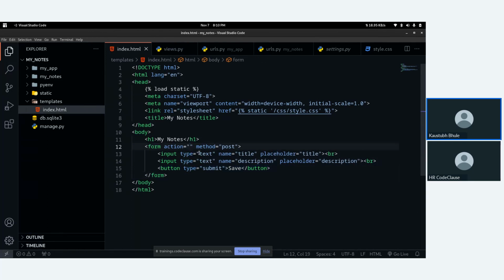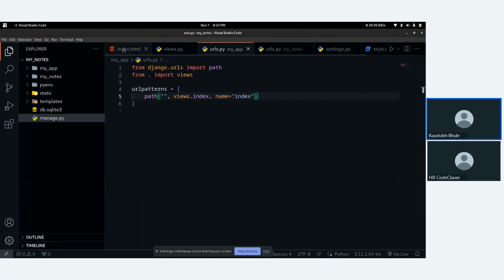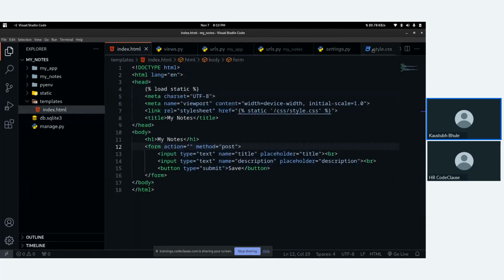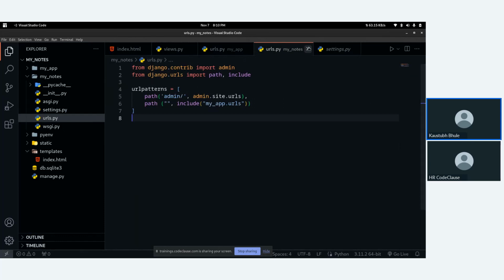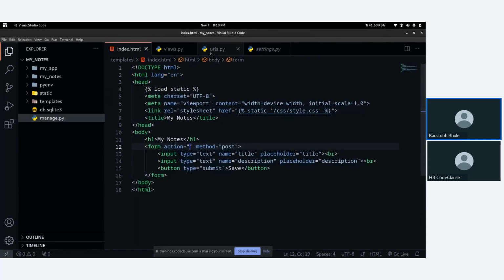So now, where is it? Okay, we will just close the unwanted files.